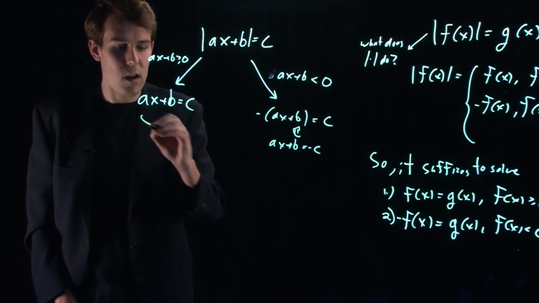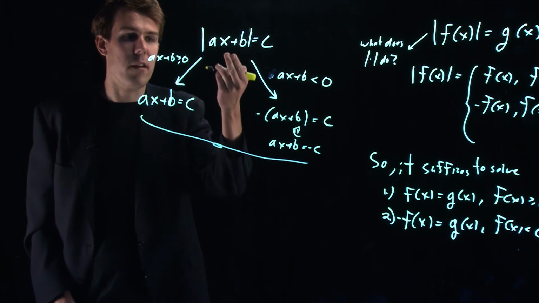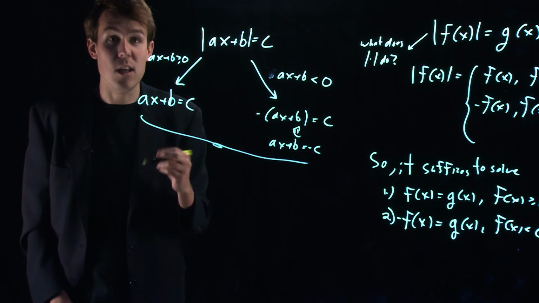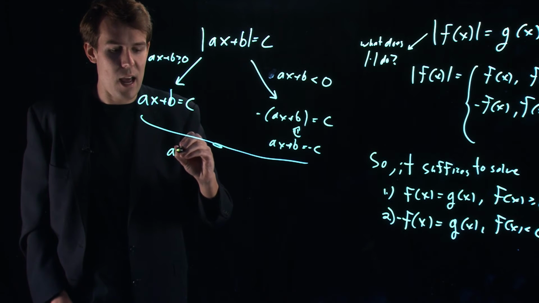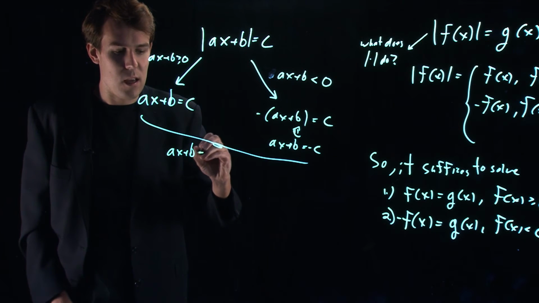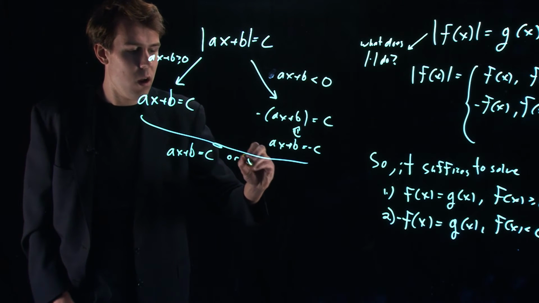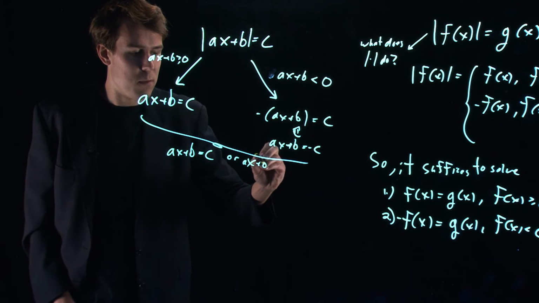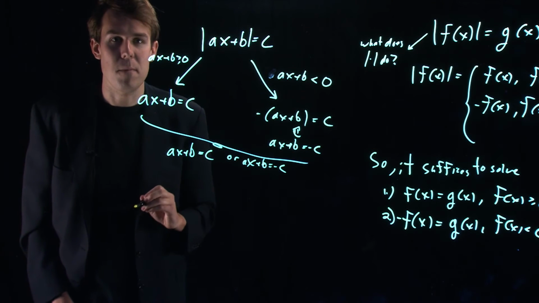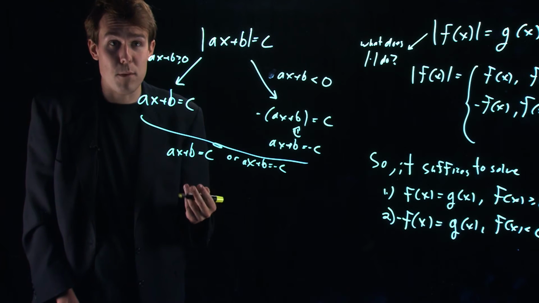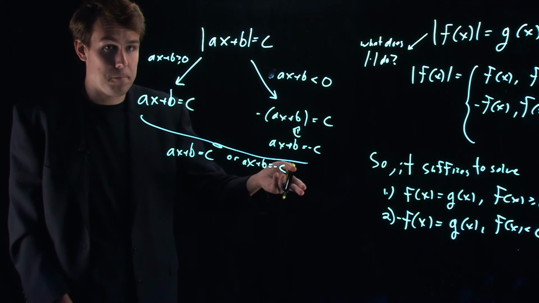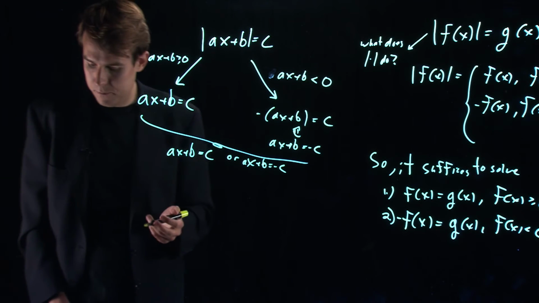So in summary, in order to solve an equation like this, I need to solve two equations. I need ax plus b equal to c, or ax plus b equals negative c. So it's very typical for these types of problems to do each one separately. For example,